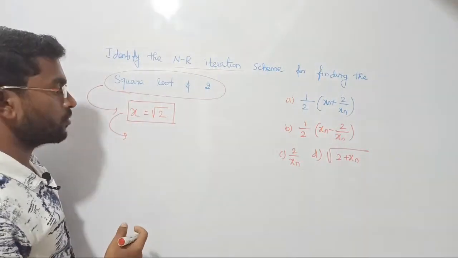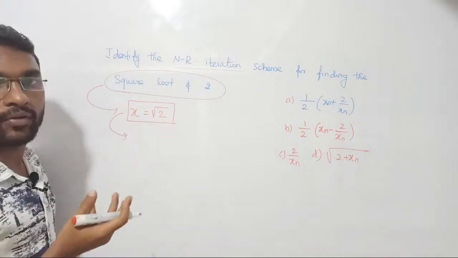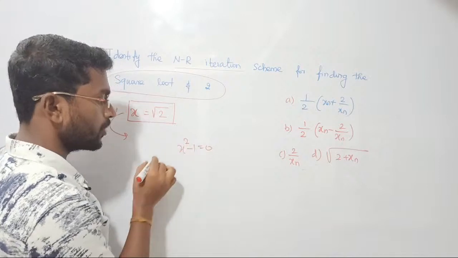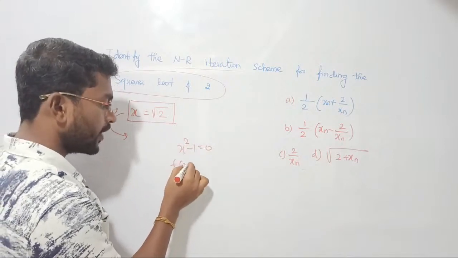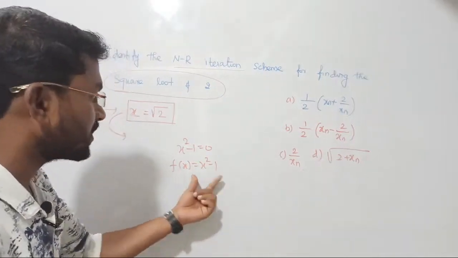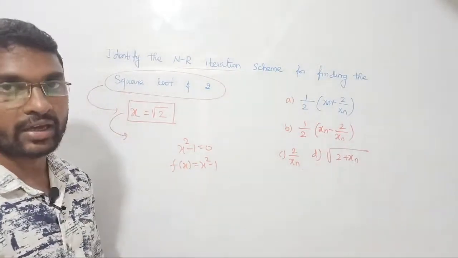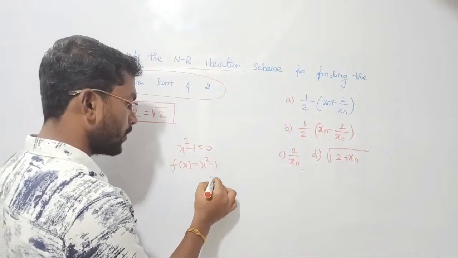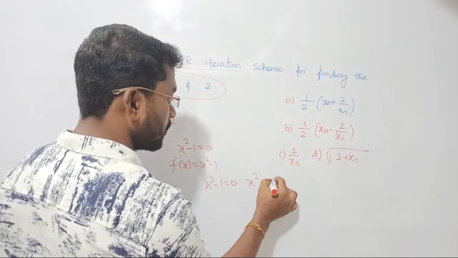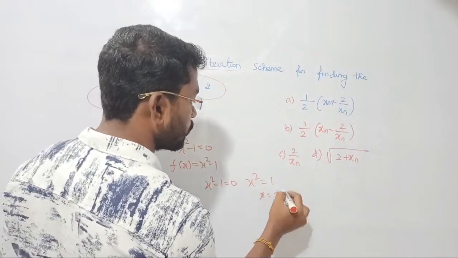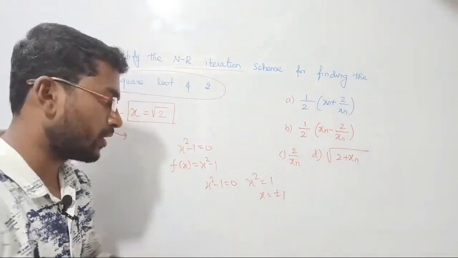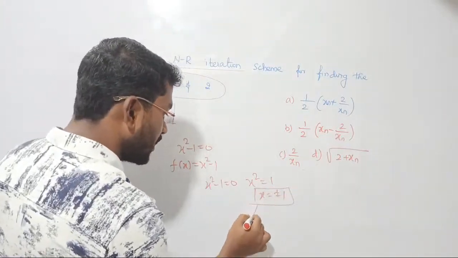You have to find the function. See, usually how do we find the root? For example, if I have a function x square minus 1 equal to 0, or f of x equal to x square minus 1, I am just asking its corresponding roots. I am asking for the roots of this polynomial equation. What will you do? You will take the root outside, equate it to 0, then pass the 1 to the other side, so x equal to plus or minus 1, you write the root. Correct? So now, if roots are given, can you write the polynomial equation or